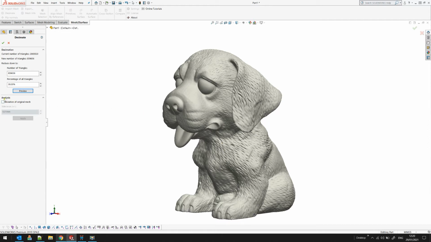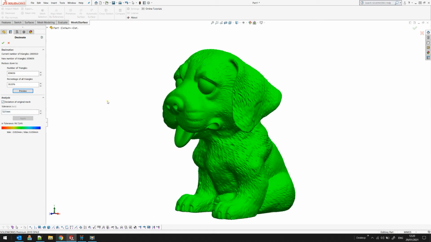For this purpose, we have something called analysis tools, which you can find in many other processes in our add-in. By clicking on the analysis, the software automatically will take the original mesh and compare it to the new mesh, and it will show you color deviation. What we see on the screen is that every vertex is colorized based on this distance, and we provide a tolerance.